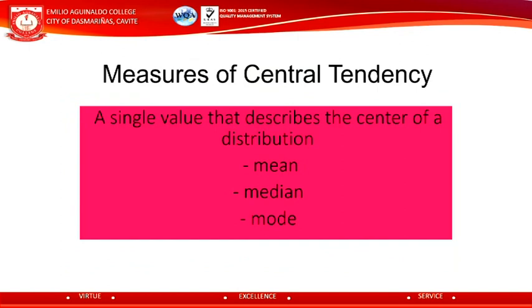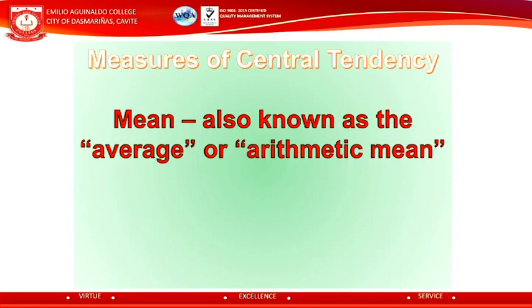This is the meaning of the measures of central tendency. It is a single value that describes the center of a distribution. Like what was said earlier, these are the mean, the median, and the mode. When we say mean, it is also known as average or arithmetic mean. It is just like obtaining the average. We're going to find first the summation of our data, and then we're going to divide it by the